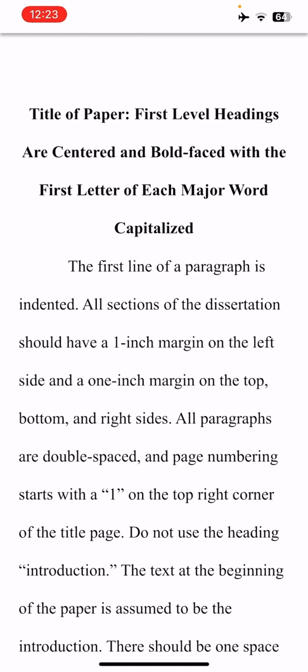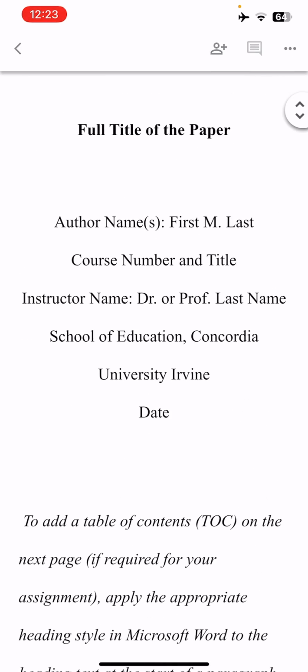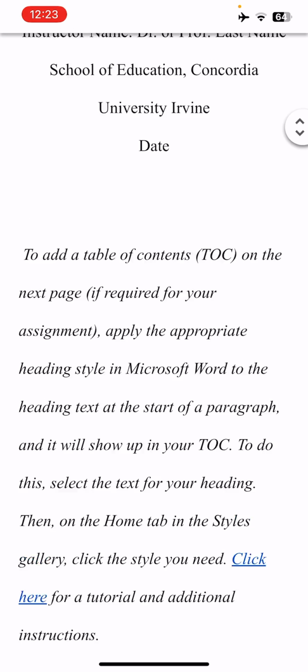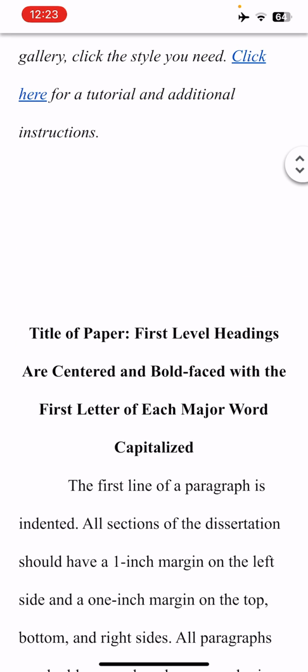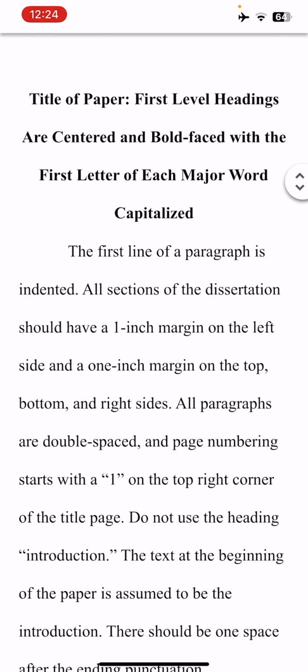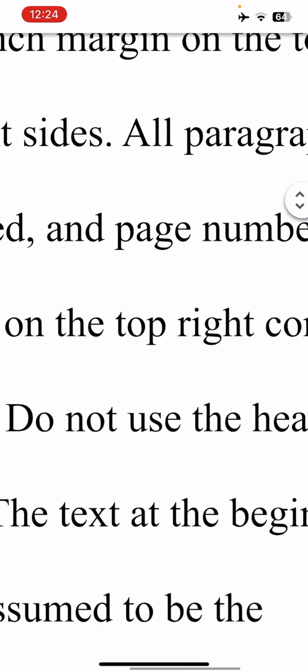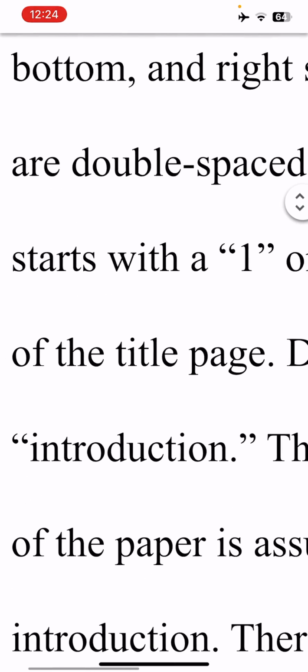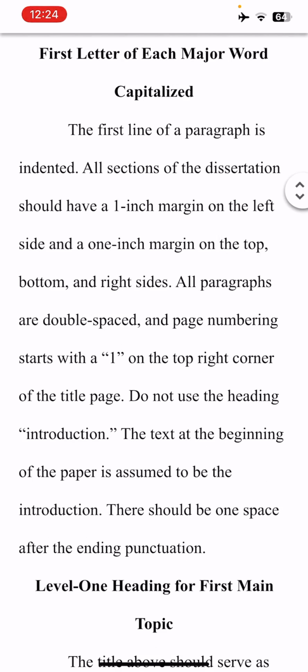It's literally the title of the paper, which was on the title page. So whatever the full title of the paper was, that's going to be the title of your paper. And refrain from putting assignment number 1, assignment number 2, week number 1, week number 2. What is the assignment? Put that as the title of your paper. And you can be a little creative with that as well. It even tells you somewhere in here, do not use the heading introduction. That's not APA. So that's a really simple thing here.